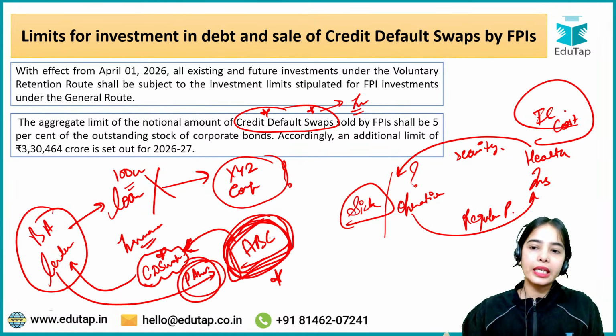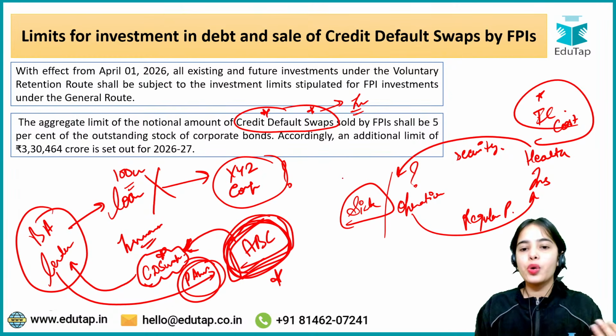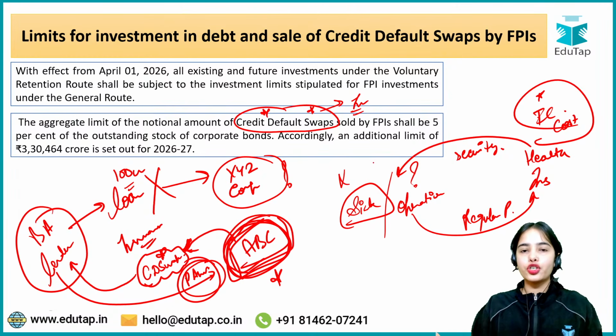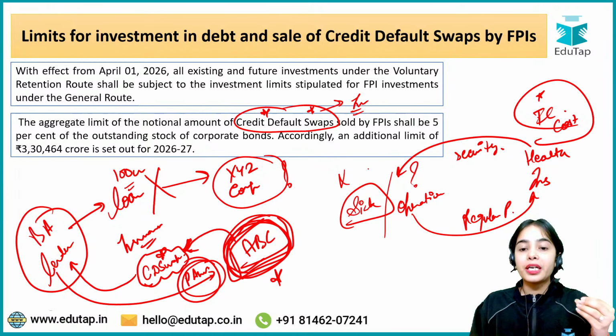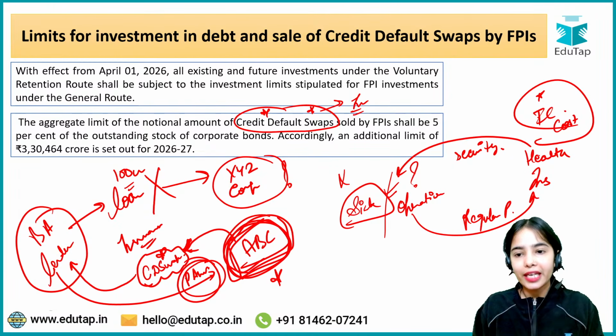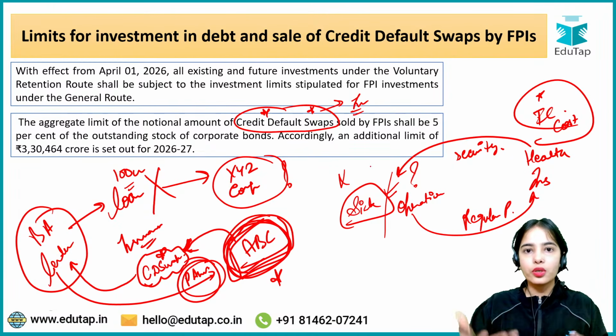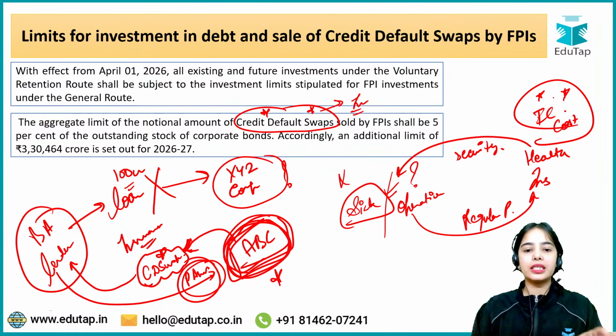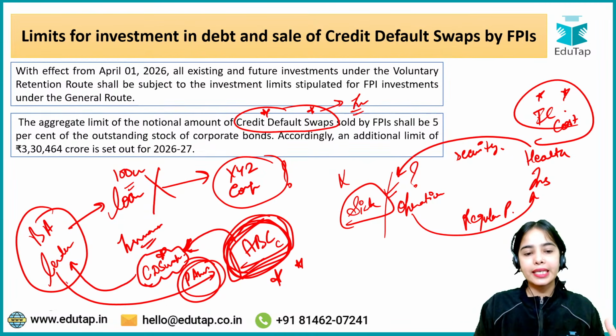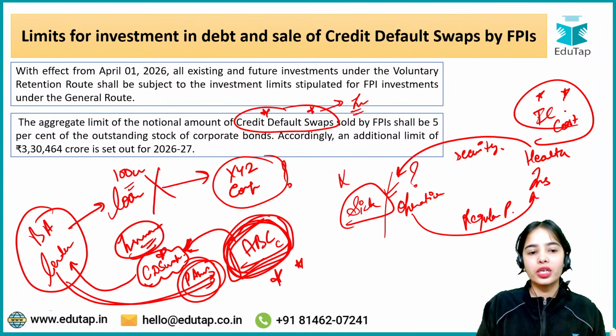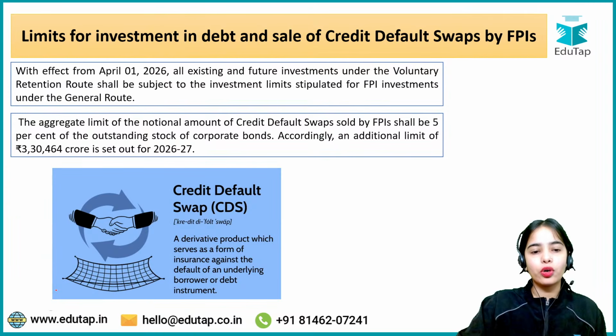This is the insurance. In the case of insurance also, if you have not fallen sick, the insurance company still gets the premium. But if you get sick, then whatever is the cost of the hospital has to be borne by the insurance company. So like the insurance company, this ABC company is also working. It is providing the credit default swap. It is getting the premium. It has to insure the loan. Okay, so this is the credit default swap.